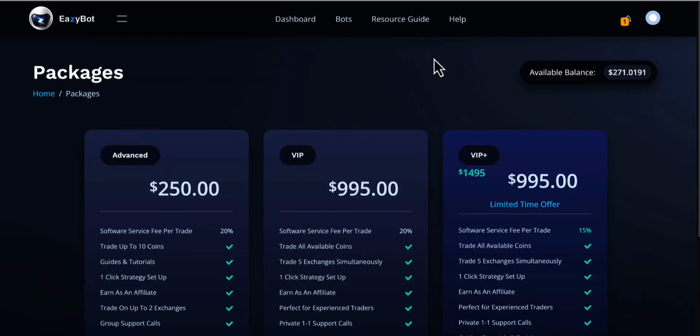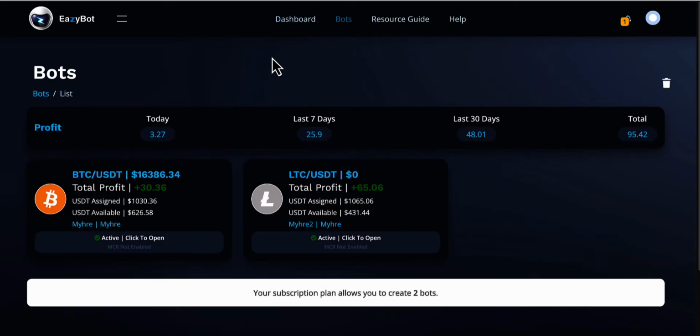You have the option to do that. So let's go to bots and let me show you. Under the free subscription, you actually get to trade 2 bots. But please do note you do have to make an investment from one of your exchanges if you are going to be doing the trading on the bots. But again, it's not essential, and we can still make our free commissions without doing the trading investment in